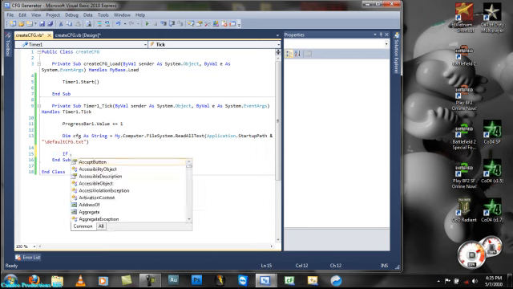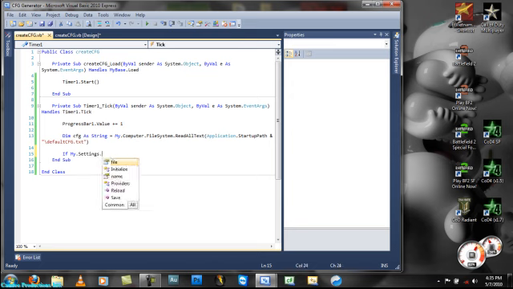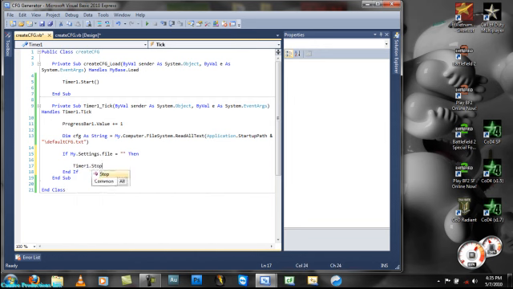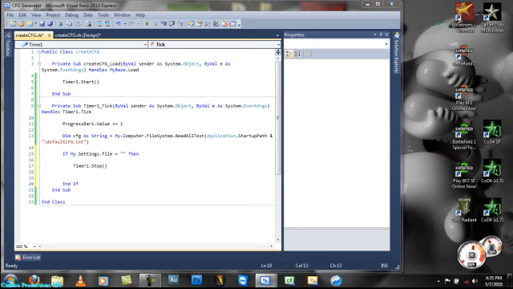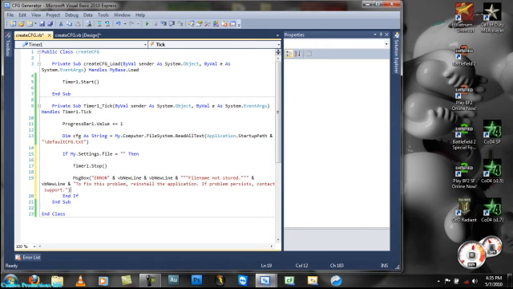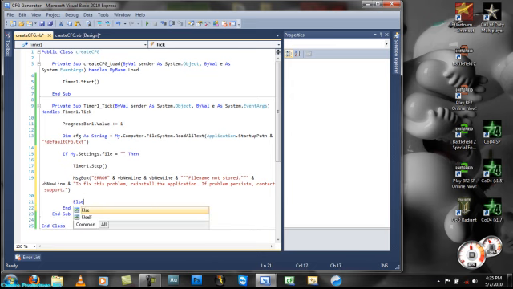If My.Settings.file equals nothing, then Timer1.Stop and create this message box that will generate an error. Error, file name not stored. To fix this problem, reinstall the application. If problem persists, contact support. And that shouldn't happen, but if it does, it's there. Else